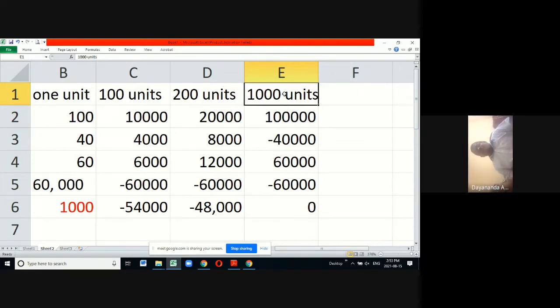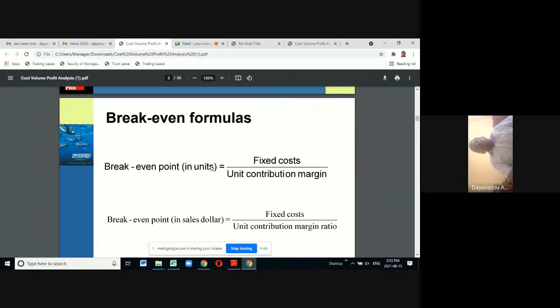So if the business comes and tells you they have this much unit sales, now you see that short term the project is not feasible. Why? Their break-even point is 1,000 units according to the cost structure. Is it clear how to calculate the break-even points in units? How do you calculate it? You just divide the fixed cost by unit contribution margin. That's the idea.